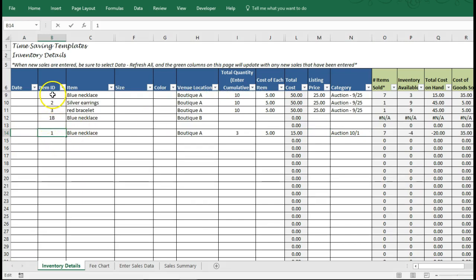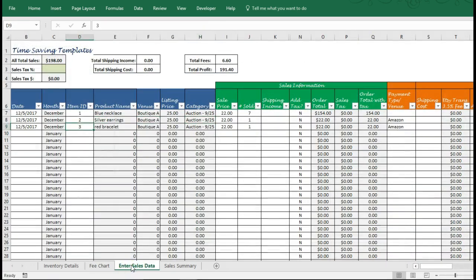Because you can only use one unique item ID in this column, that's why we changed this to 1B, because it was at a different location. Because what's going to happen if you use the same item ID is it's going to pull in the history of that item being sold 7 times already. You could use any ID to differentiate, say 1-auction, or you could name it auction 1, auction 2, to keep track of that item. So now it'll be NA until we go and enter the item as